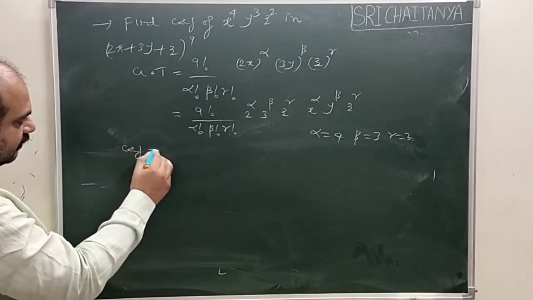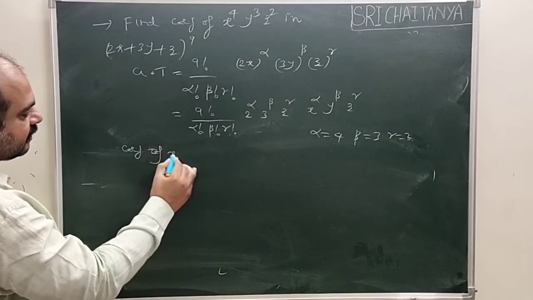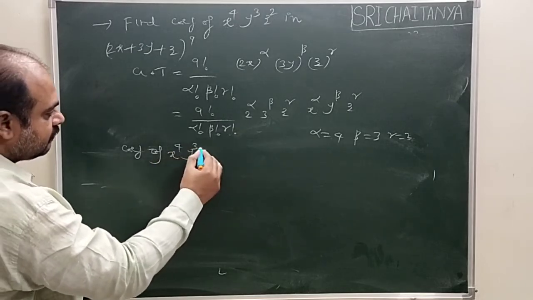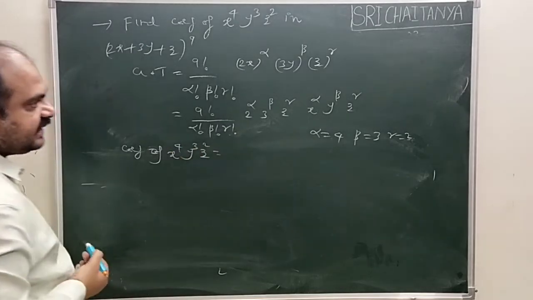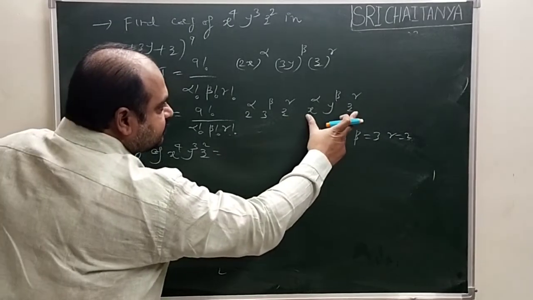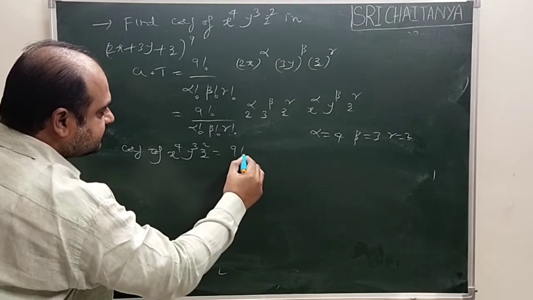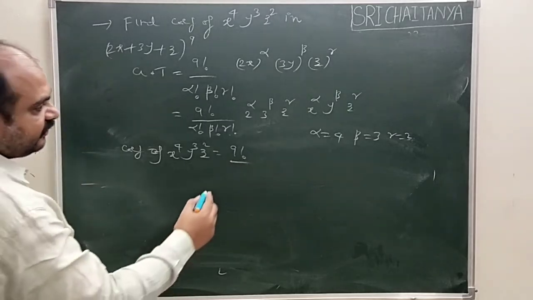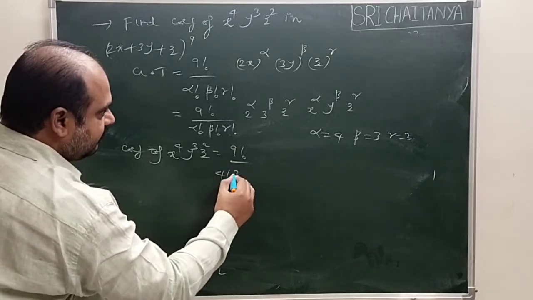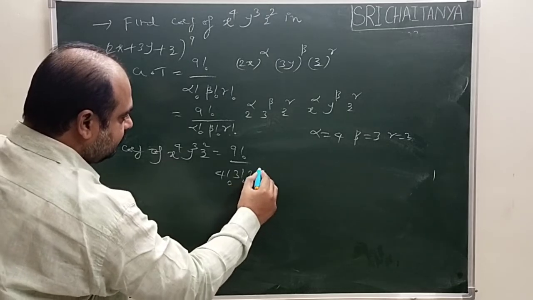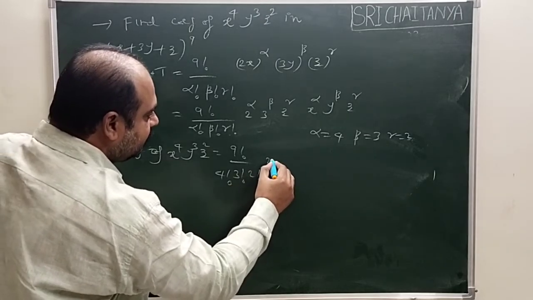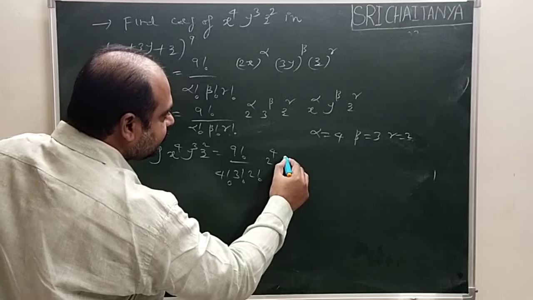Therefore the coefficient is nothing but, if you substitute, 9 factorial divided by 4 factorial into 3 factorial into 2 factorial into 2 to the power 4, 3 to the power 3,